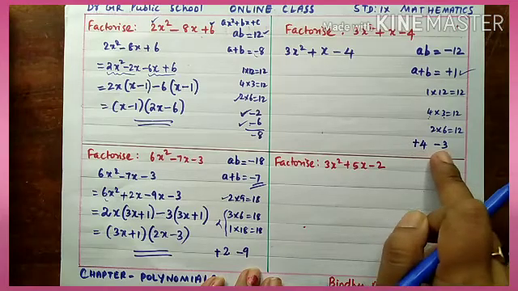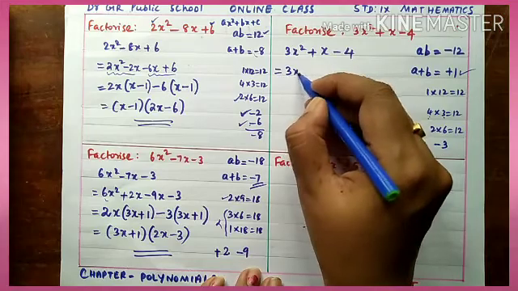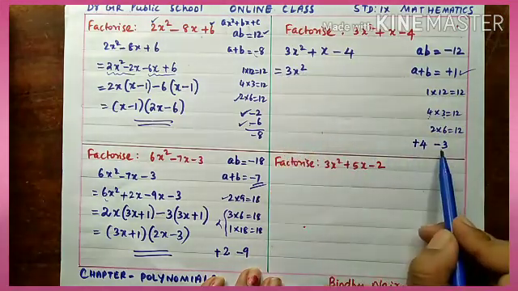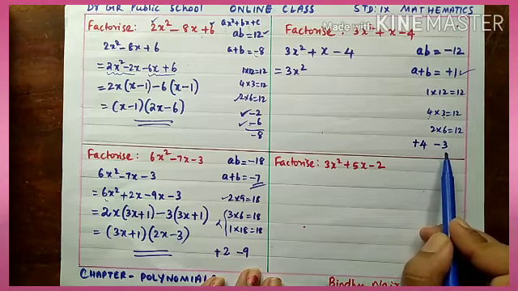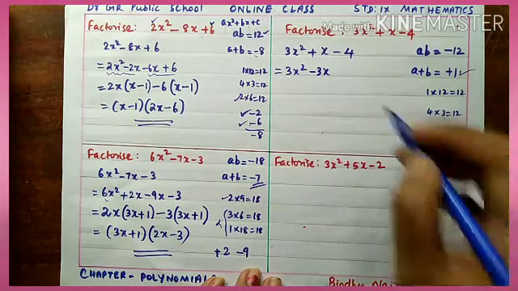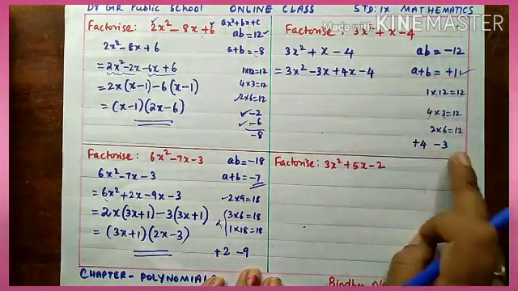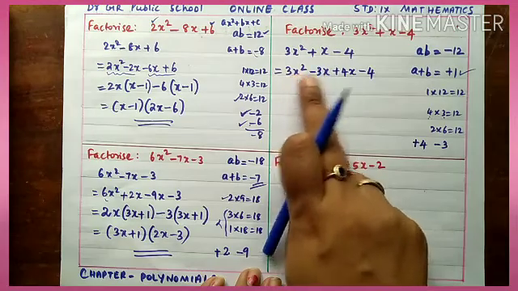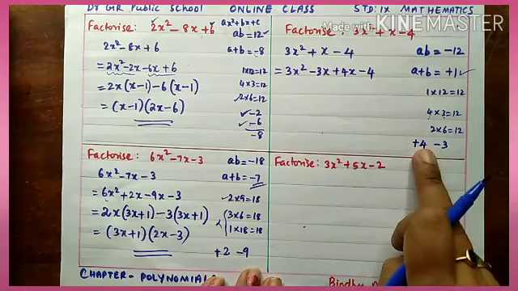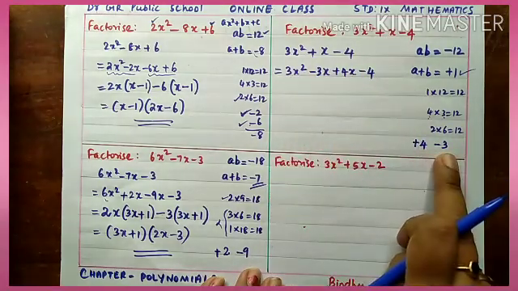Now plus 4 and minus 3, you split the middle term, that is 3x square. Because 3 is there, it is more convenient to write 3 first, because we are taking a common number. So minus 3x you can write, then plus 4x minus 4. Why I wrote 3 first means 3 and 3 we can take common easily, and 4 and 4 also common. So conveniently you adjust the numbers.